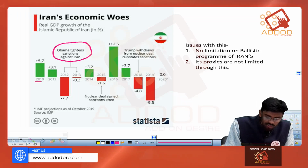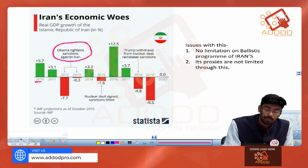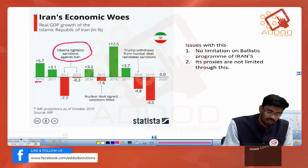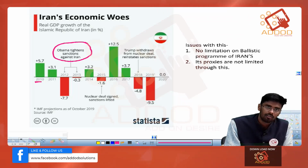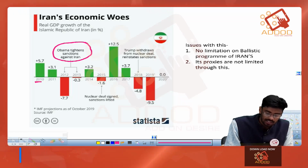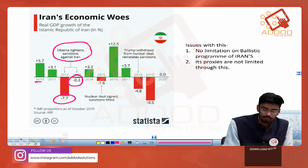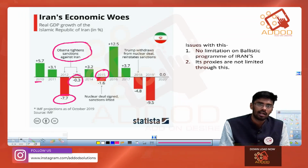So in 2010, there was a GDP growth of 5.7%. In 2011, GDP growth is 3.1%. After tightening of the sanctions, the GDP growth contracted by 7.7% and later by 0.3%. So in 2015, what happened was, Iran and other countries